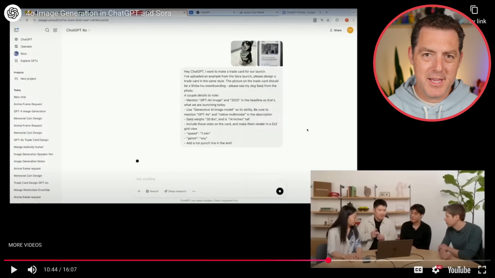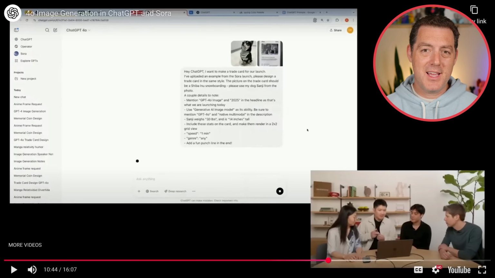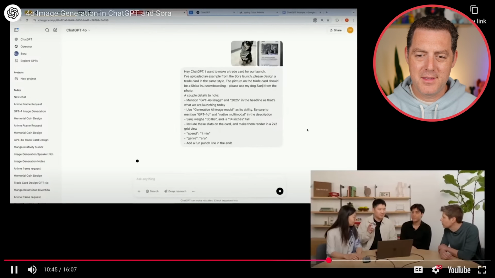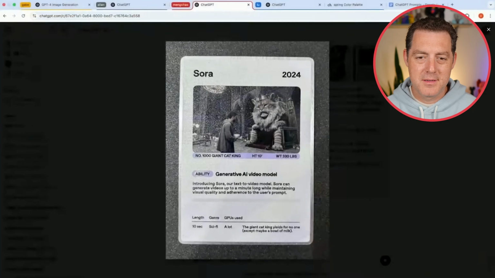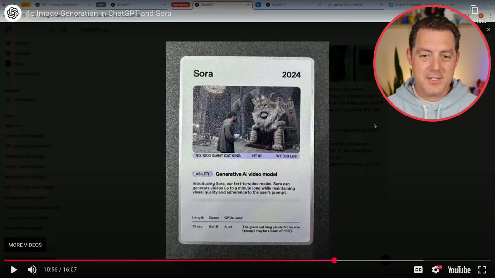All right, next they're gonna make kind of Magic the Gathering style cards just from their own pets, and they get to add their own abilities and stuff like that, so let's watch that. Card in my hand that I got from our Sora launch. And I thought it would be really cool if we can design a new one in the same style for photo image generation. So I took a photo of it in the morning. All right, so that is not a generated image. This is an actual real card that I guess they gave out for the Sora launch.